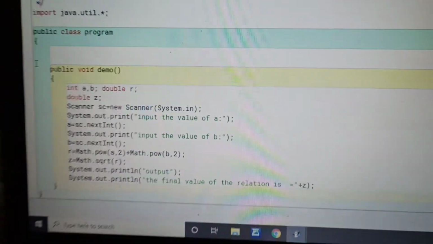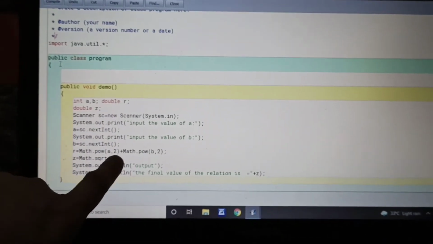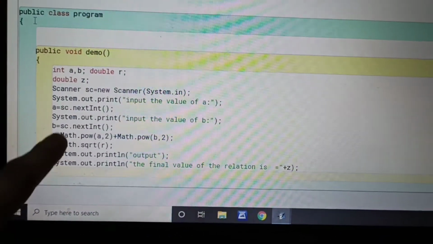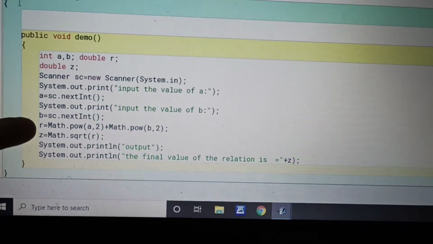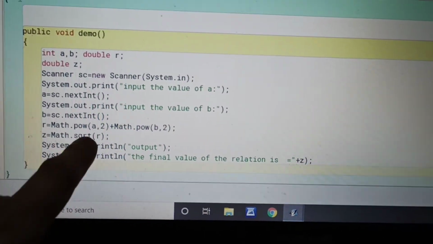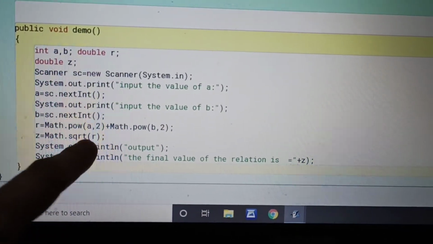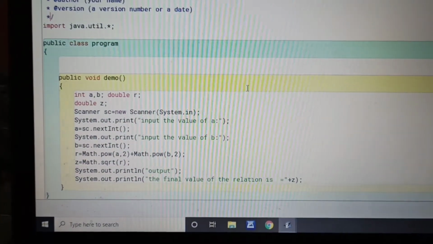First we add a squared and b squared and store it in the r variable, and whatever the result is, we take its square root and store it in the z variable. So the z variable will be seen in the output.